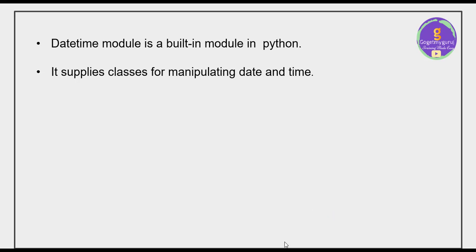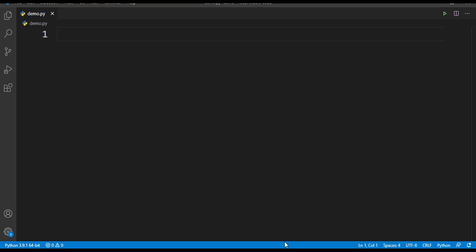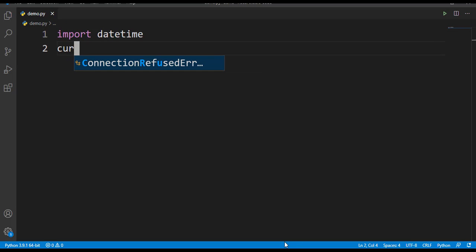So let's make use of this datetime module to get the current date and time. As I said, datetime is a module in Python, so we have to import this module. Import datetime, and we are going to print the current date for today.